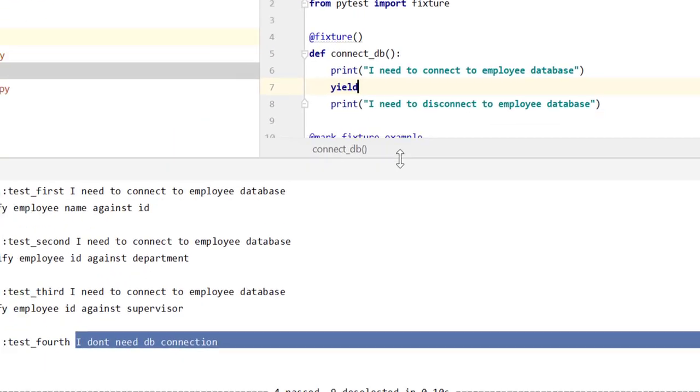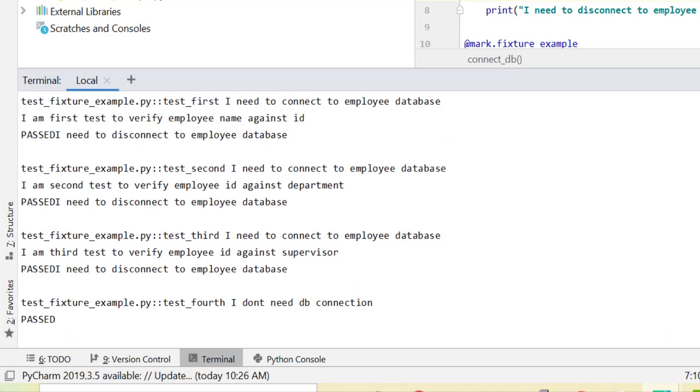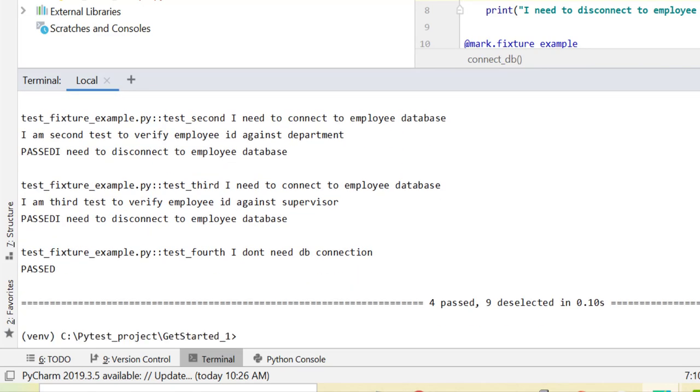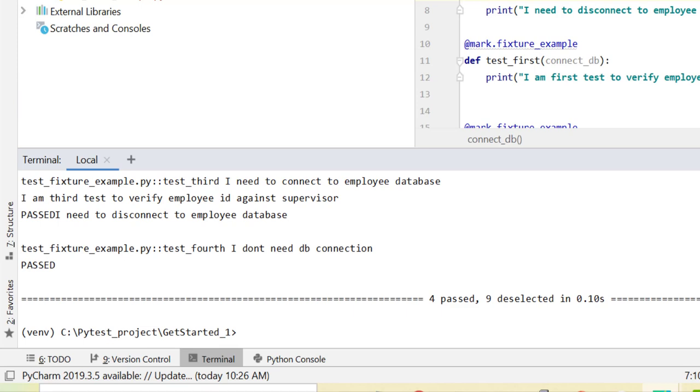Now let's see the changes. See, I need to connect to the database, the third test case verifies employee ID against supervisor, and then I need to disconnect the employee database. Of course, the fourth one is not using it, so it is not running, and the rest of the three are running. So this is quite straightforward, quite easy to do.